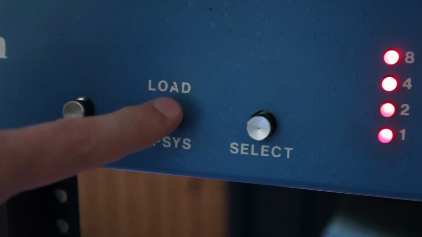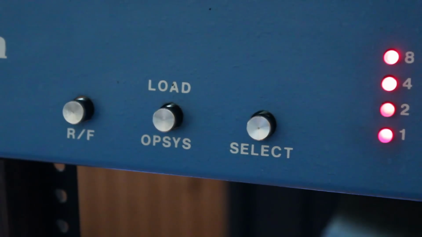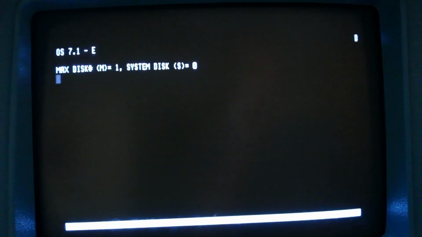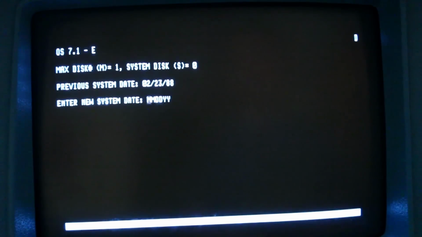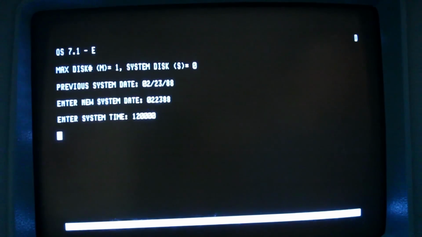However, if I push the load opsys button on the front, this will take me back to the D equals prompt, and if I type H0, it skips the name equals prompt and goes directly to loading up the operating system, which is what it's doing right now. OS 7.1, hit enter, previous state 022388, set the time to 120000, hit enter, and now it is loading the operating system up again,